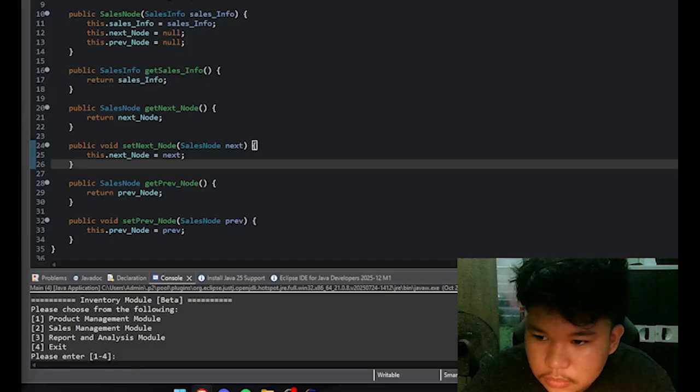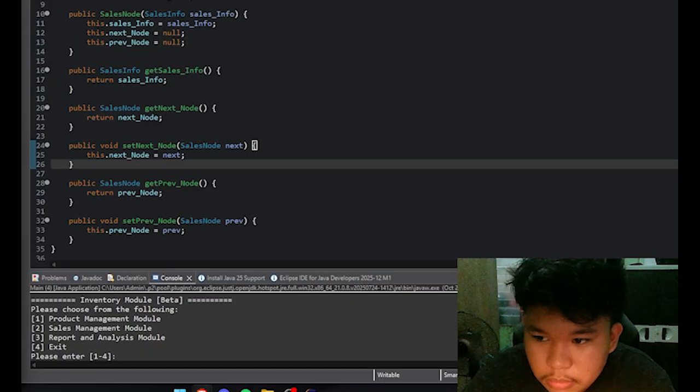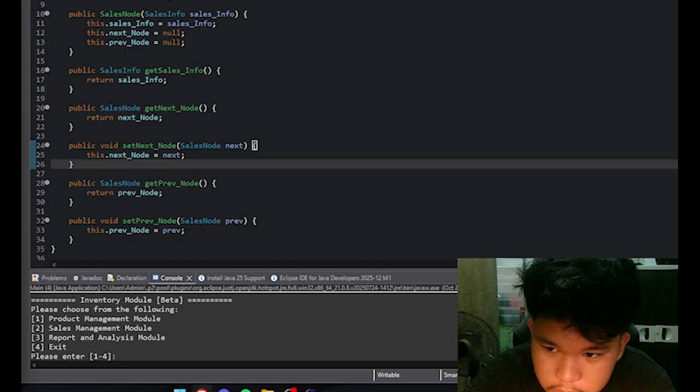In terms of recording sales, it basically creates new nodes when a sale happens.